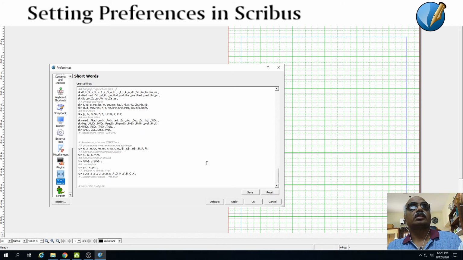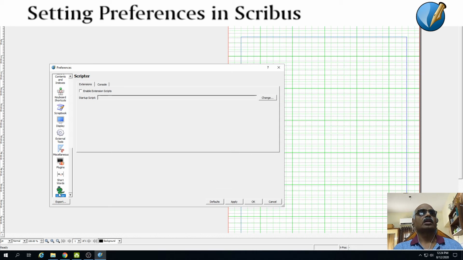Then comes short words. Short words are actually not used that much in English, so let us not bother. For example, these are all the short words which are commonly used, and this is actually commonly used in LaTeX. So we are not going to bother much, because we are not going to use LaTeX.